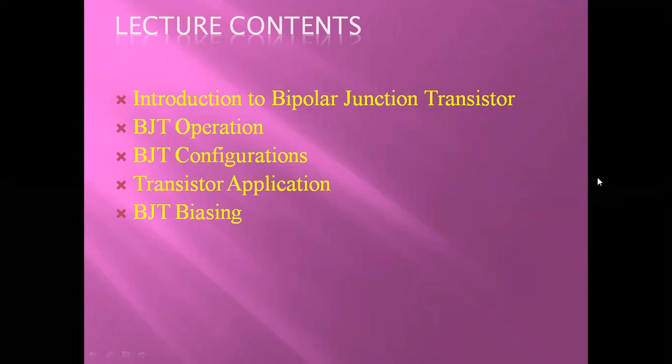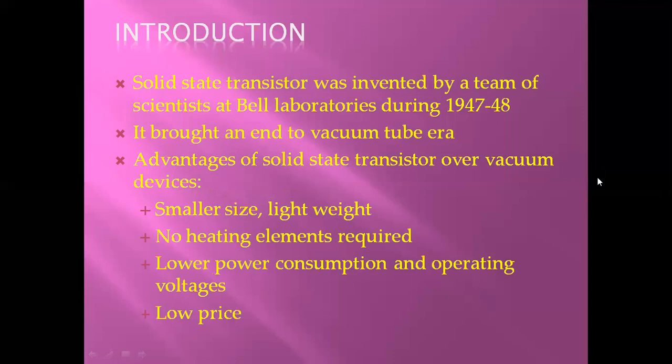In yesterday's class, we went through the semiconductor concept and the related topics in the second unit. We are now moving on to the transistor. So, an introduction to the BJT, bipolar junction transistor, its operational characteristics, its configurations, different applications related to the transistor, and the conditions of its biasing, the different biasings. We'll have a detailed look in today's class.